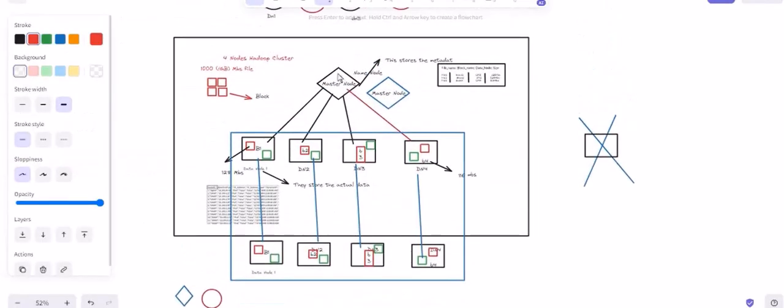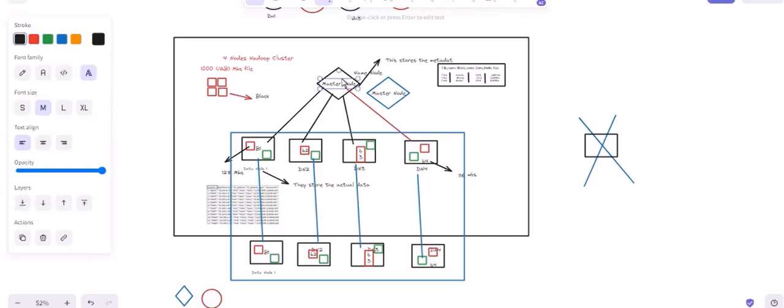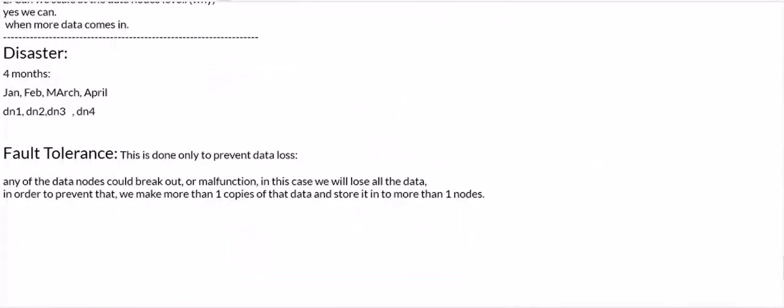The same thing can be done on the master node as well. If any of the master nodes fails, then what could be the case? We can store the copies of metadata on another master node. Is it clear? You would learn those things when you get into those details. But for now, keep understanding these points so that your understanding of storage can become solid. This is all from this